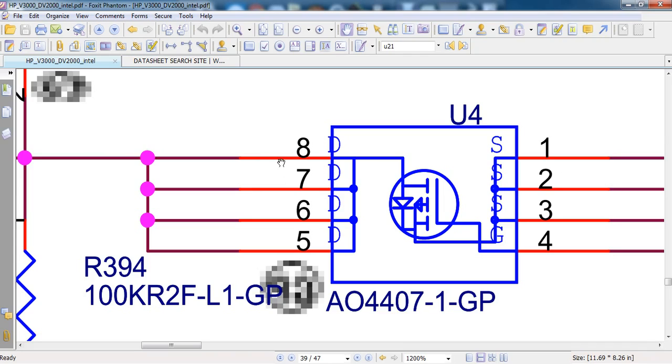So the drain voltage comes to this diode. The diode conducts the positive voltage from anode to cathode, the negative voltage from cathode to anode. So the diode conducts the positive voltage here to here, the anode to cathode. There is no gate control required for this MOSFET. The 19 volts is coming over here, goes through this diode and easily reaches the source side.